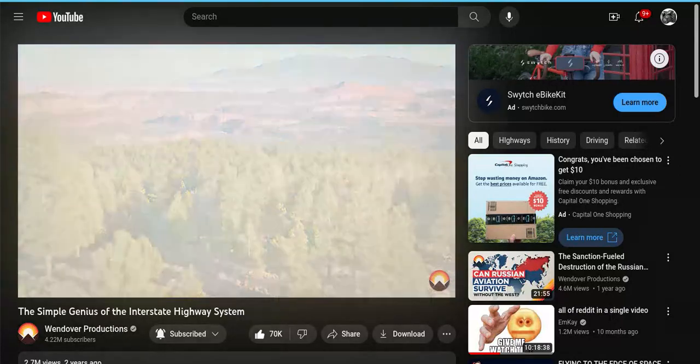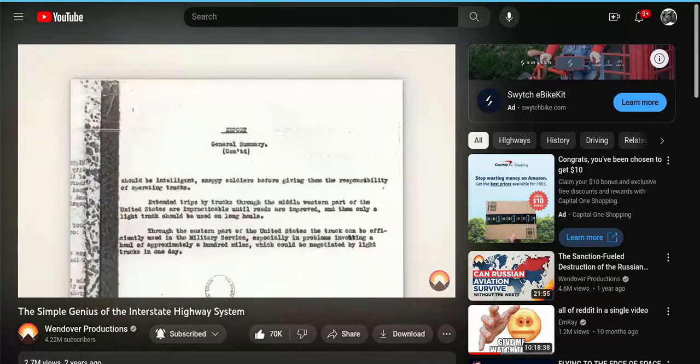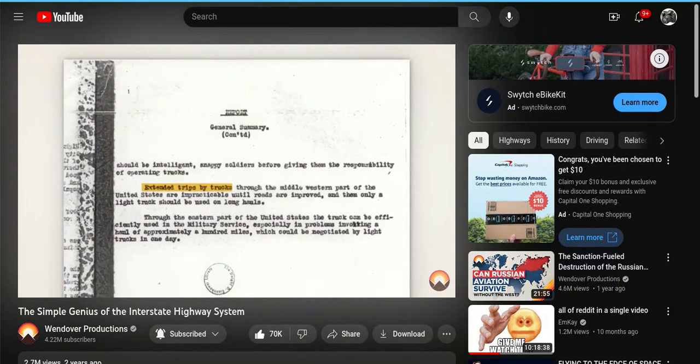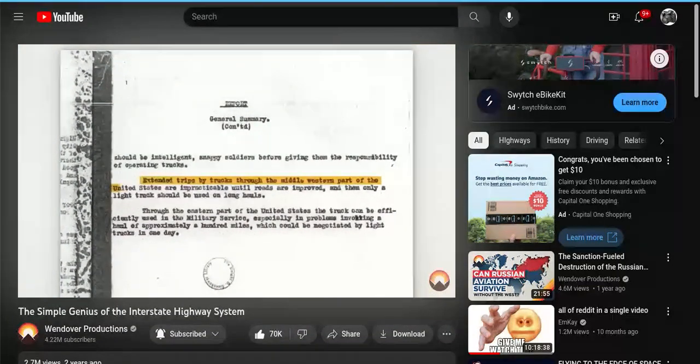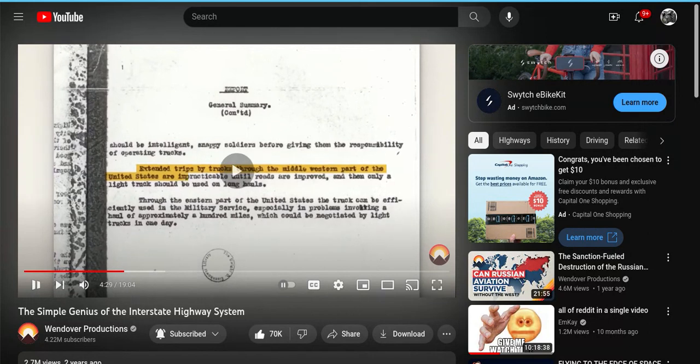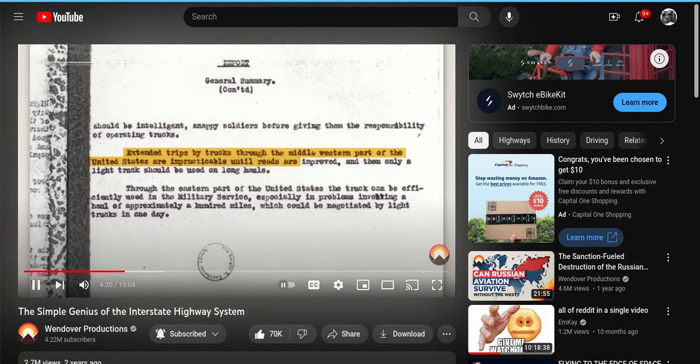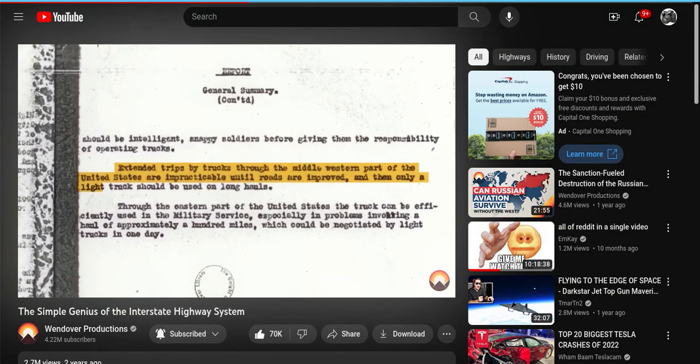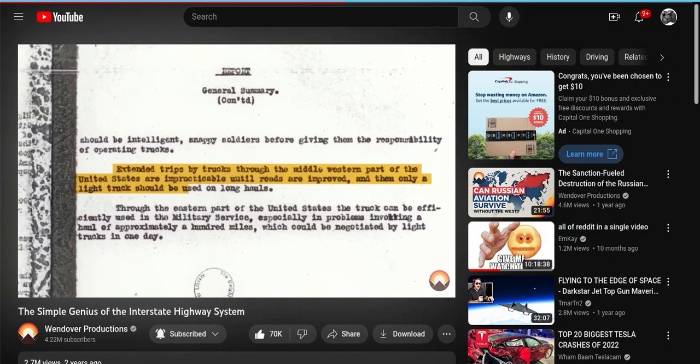One lieutenant colonel, tasked with observing the journey, wrote, quote, "Extended trips by trucks through the middle western part of the United States are impractical until the roads are improved, and then only a light snappy truck should be used on"